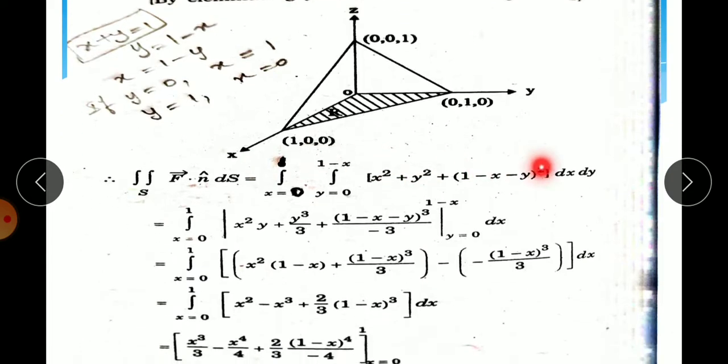So here see the diagram, x axis, y axis, z axis. Usually we will be taking x, y, z here. You can also take in that method. So if you are taking x, y, the region should be here, it has to be coming. But I have taken this here as x, y, z. And then the point should be O.